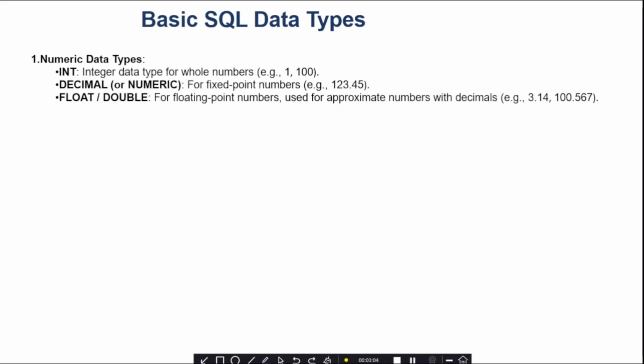Next is float or double. The floating point number is used for approximate numbers with decimals, for example, 3.14. Decimal and float are the same, but they are used in different domains. Like if you are using SQL Server, then decimal is used. If you use another one like MySQL, then you use float. Next is